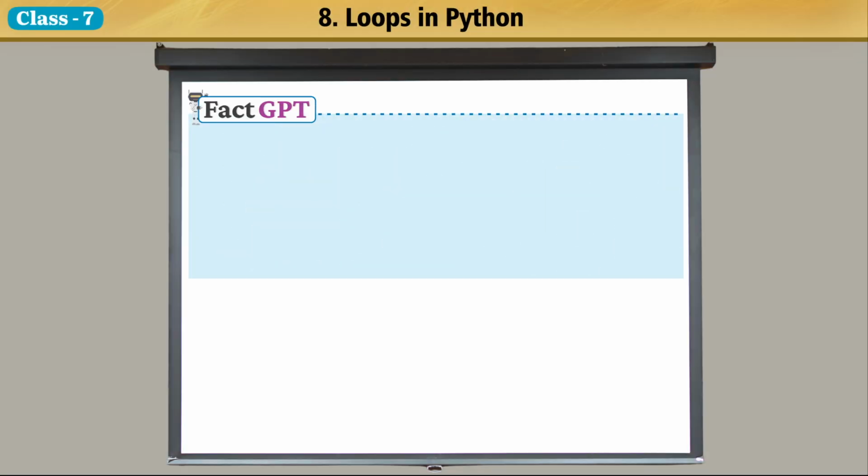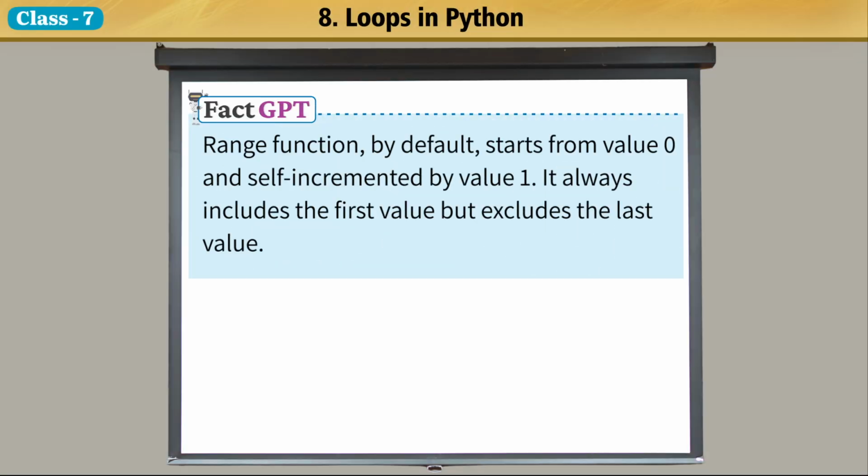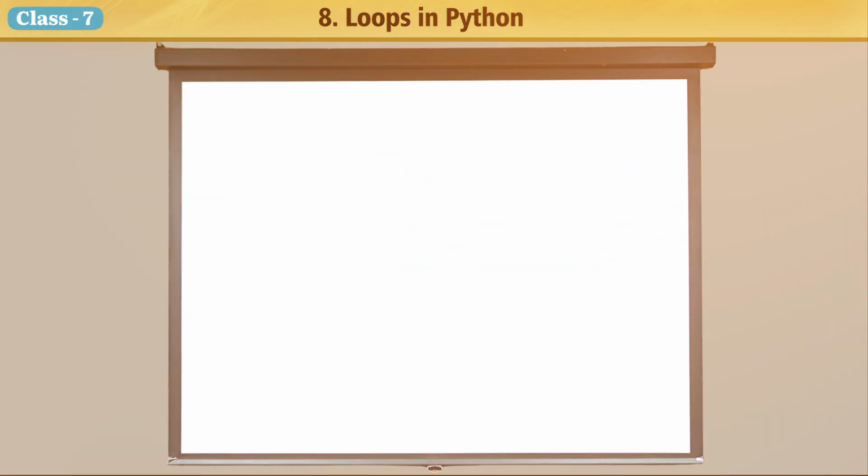Fact: the range function, by default, starts from value 0 and is incremented by value 1. It always includes the first value but excludes the last value. Example: